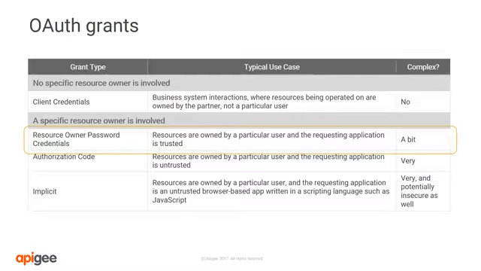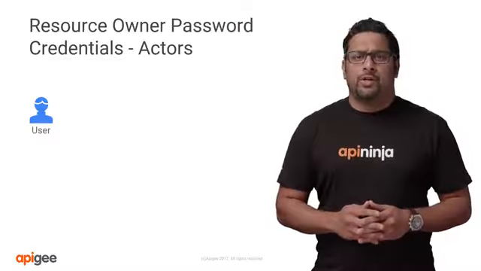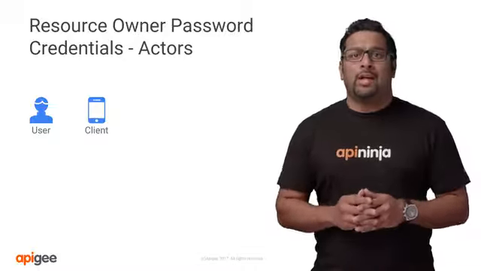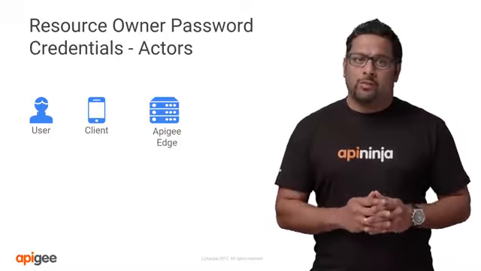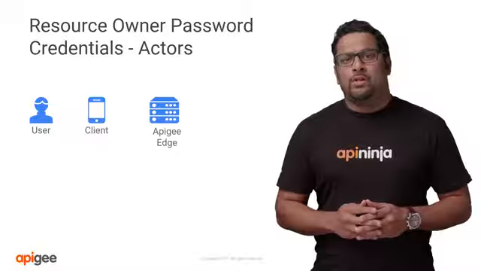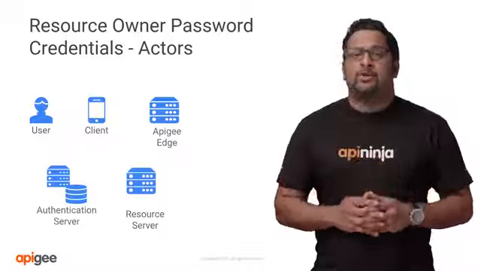This grant type is particularly used when the resources are owned by a particular user and the requesting application is trusted. For example, a native app could use this grant type to log into a mobile app or a desktop app. The various actors involved in this grant are user, who is the resource owner, client, which is the application making requests on behalf of the resource owner and with its authorization, Apigee Edge, which is the authorization server to generate and validate the access tokens, authentication server to validate the user credentials, and the resource server that is hosting